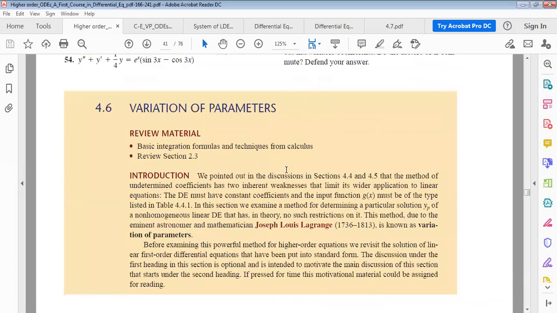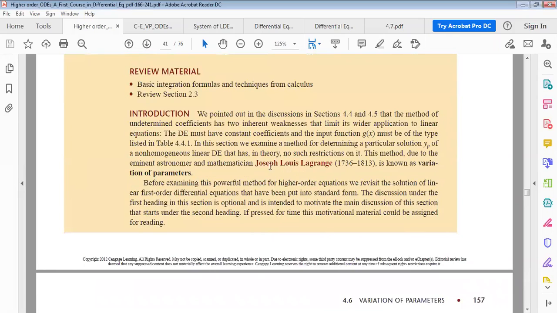Actually, this method is credited to Joseph Louis Lagrange, a classical method to find the particular solution of an inhomogeneous linear differential equation. Today we examine this method for finding a particular solution yp of a non-homogeneous linear differential equation. This theory was developed by Joseph Louis Lagrange very early, in his lifetime 1736 to 1813, and is known as the variation